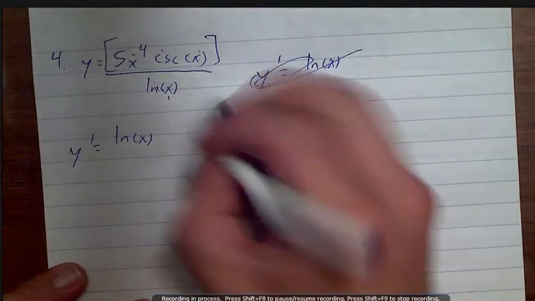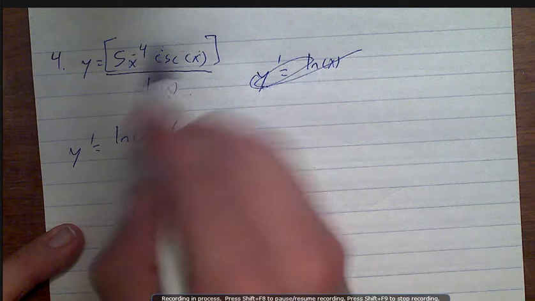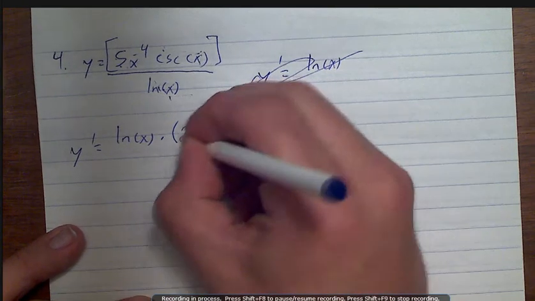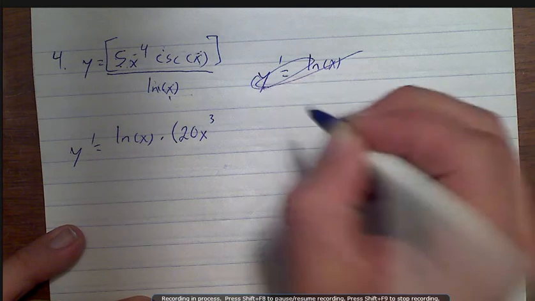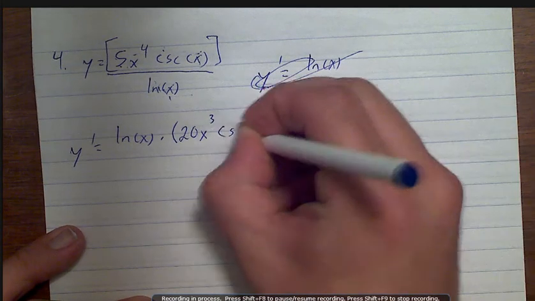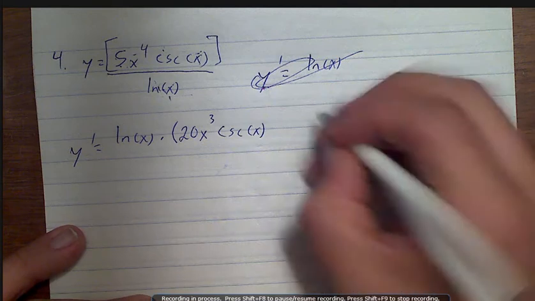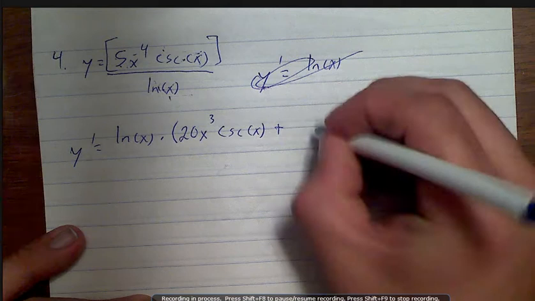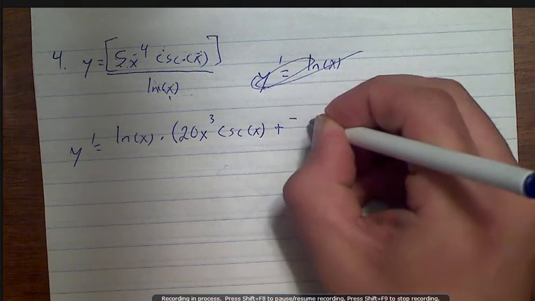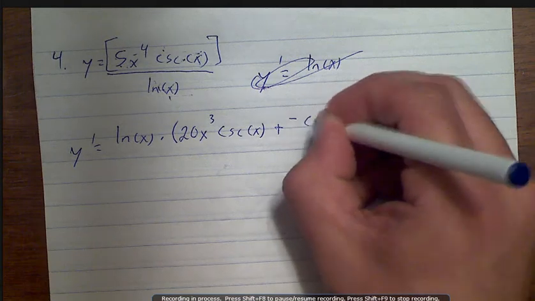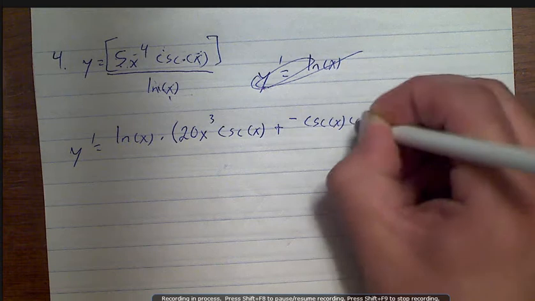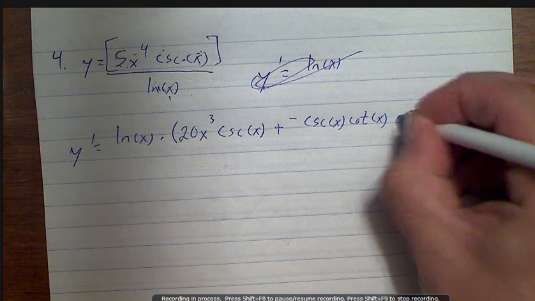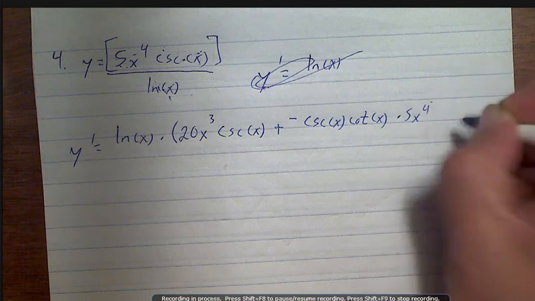So product, derivative of 5x to the 4th, 20x cubed, leave the rest, cosecant of x, plus derivative of cosecant of x, which is negative cosecant of x, cotangent of x, leave the rest. So that's low d high